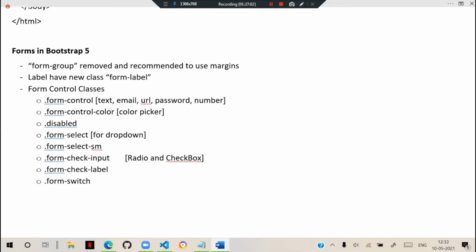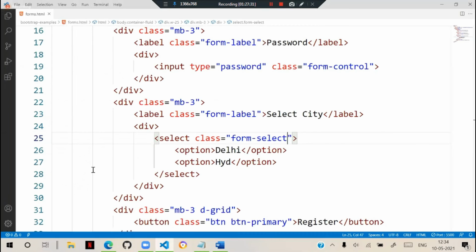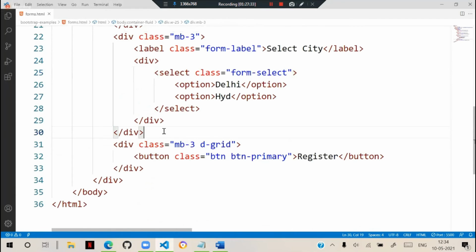So, use means display appearance, we have to use form switch, and we have to use form check. This is very new in the Bootstrap interface, and it makes a good appearance for your radios and checkboxes. For example, see here, form switch is new in the user interface, because in modern days we use these kinds of things very much.